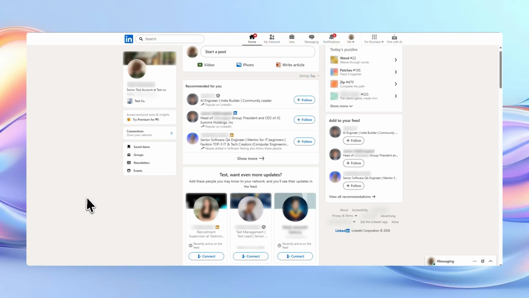In today's video, I'm going to teach you how to add a Calendly link to your LinkedIn profile. Before you begin, make sure your Calendly link is ready and already copied to your clipboard. Having it prepared in advance makes this process much faster and helps you avoid switching back and forth between tabs